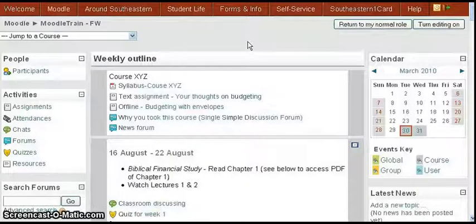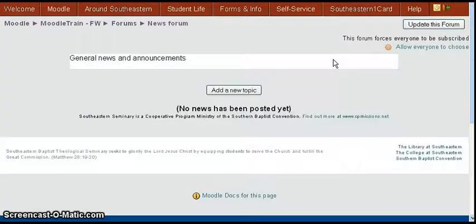This tutorial is going to show you how to set up various discussion types, which are forums, in your class. There are 5 discussion types, and we're going to show you a little bit about each. The one that comes as a default to your class is the news forum, which you can see right here. So if you want to see what's in there, you can click on that, and as the professor you'll be